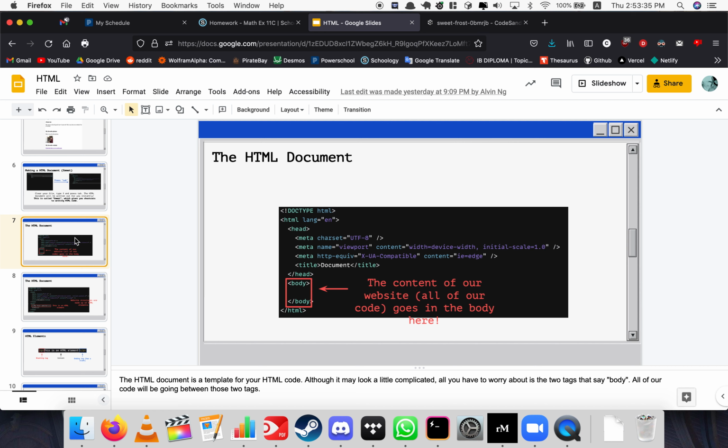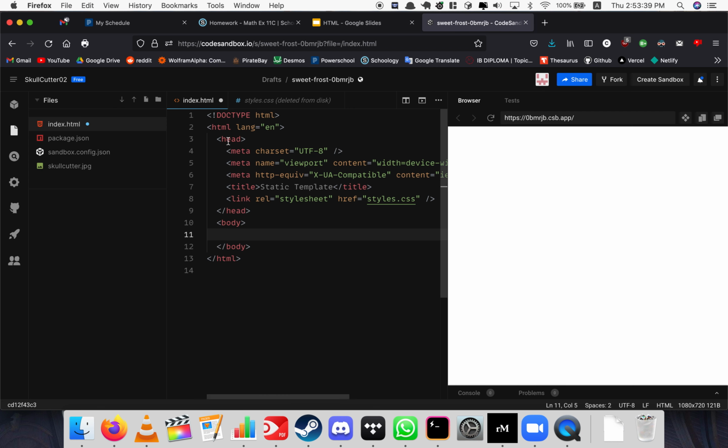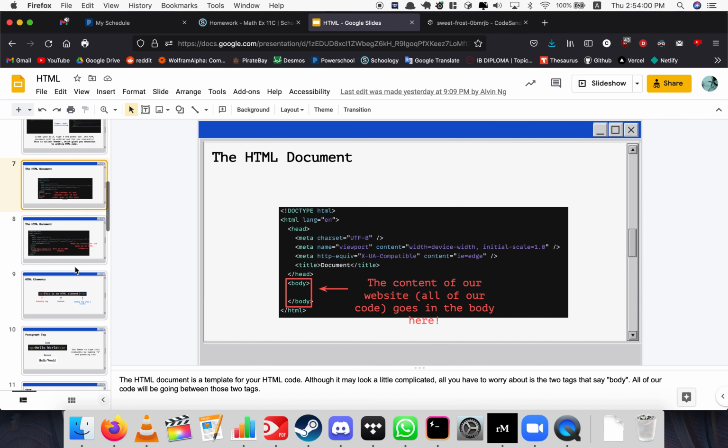An HTML document has two components. When it's first created, it has a head component and a body component. The head component just contains metadata of your website. You don't have to care about this right now, but the body is really what you need to care about. Inside the body is where you declare all the contents of your website. So for example,